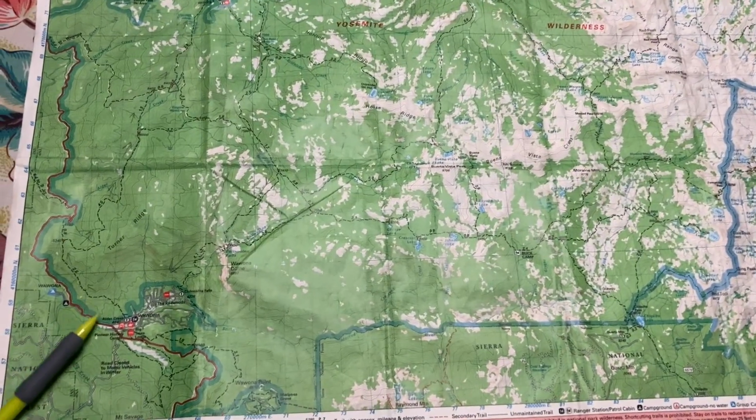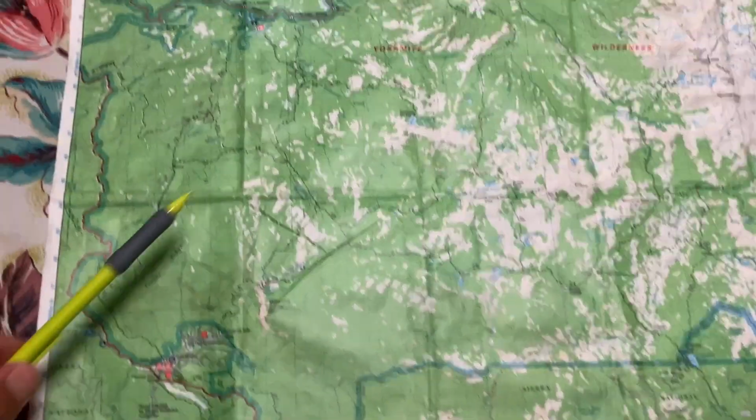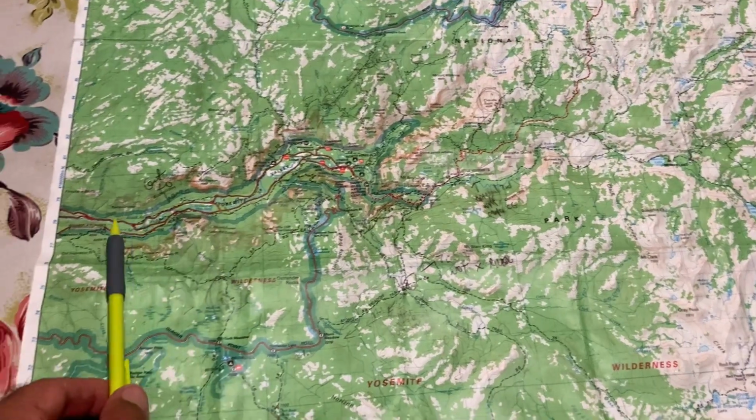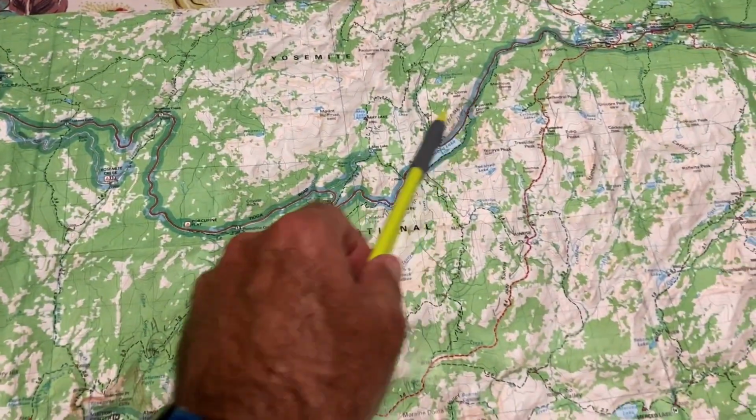So here's a recap of what day one was. Here's Winona, where I started, and all the way up here is the Yosemite Valley, just for reference. So this is normally where people come in. Tioga Road is up here, which is closed. So I started at Winona,